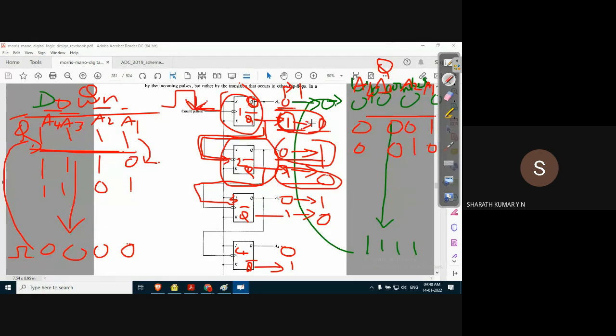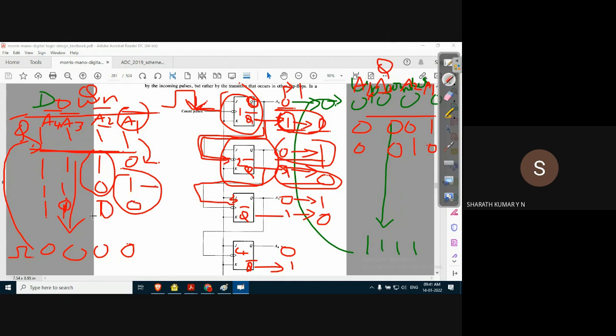Previously, before that, when the next clock pulse is applied, A1 dash will go from 1 to 0. Because of this negative transition, it will force A2 to change the output, and it will go from 0 to 1, and because of the transition in A2 dash from 1 to 0, A3 will change state from 1 to 0. Of course, I missed the state in between. So it should be 1100. A1 will change the state, 1100.